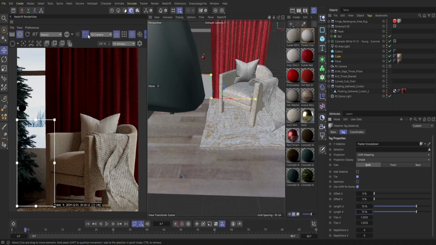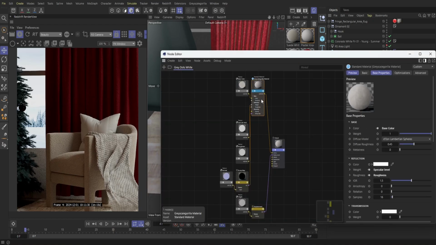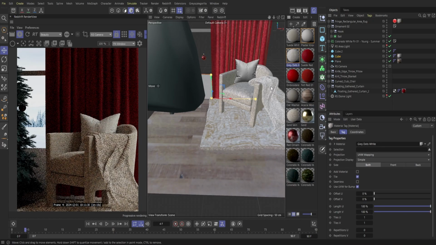So I'm liking this quite a bit, especially with the suede. It kind of gives us this off-white sort of look on the chair, so that is kind of nice there. And then what we'll do is we'll put this material on this blanket here. And then what we'll do is we'll actually go in here,